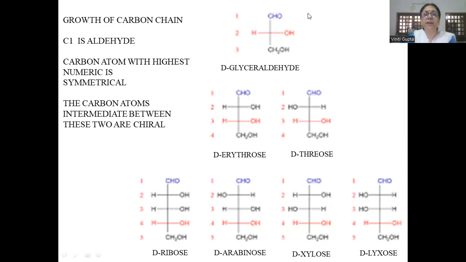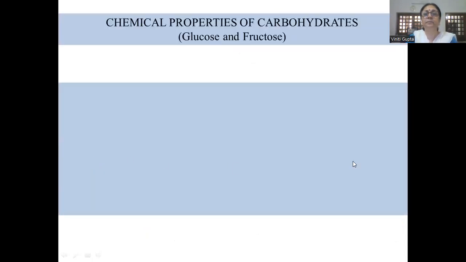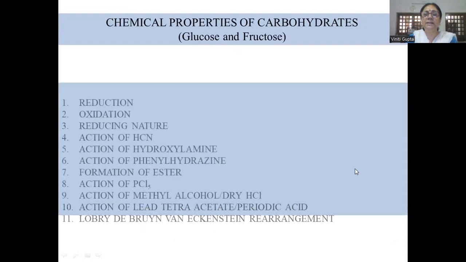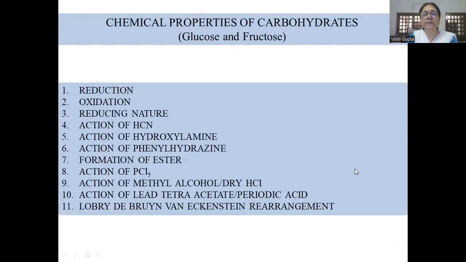This is the way we continue to grow the carbon chain. How do we identify the number of asymmetric carbon atoms? If we understand these properties, how to draw the structure, and understand that each carbohydrate has an aldehyde group, it